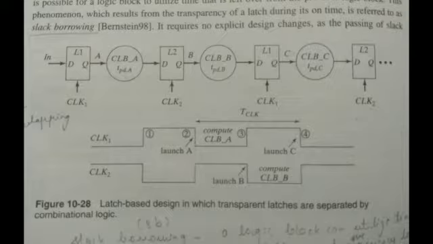It has a maximum time equal to TCLK divided by 2 to evaluate, that is the entire low phase of clock 1. On the falling edge of clock 2, that is at edge number 3, the output of CLB-A is latched and the computation of CLB-B is launched. So CLB-B computes on the low phase of clock 2 and the output is available on the falling edge of clock 1 at edge 4. From a timing perspective, this scenario appears to be equivalent to an edge triggered system where CLB-A and CLB-B are cascaded between two edge triggered registers, right?